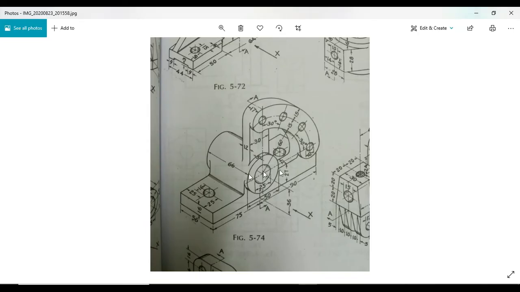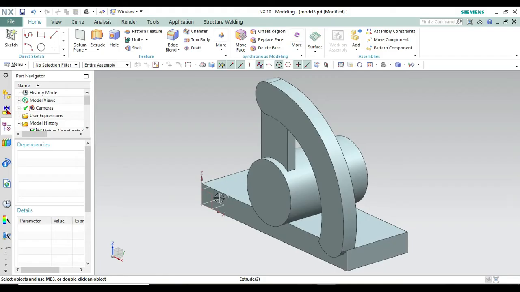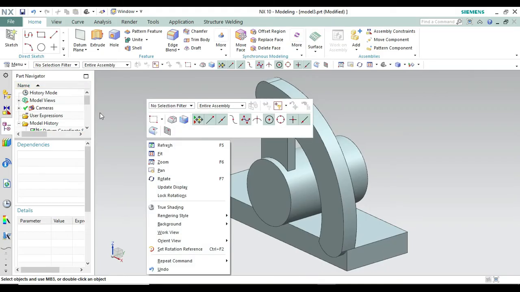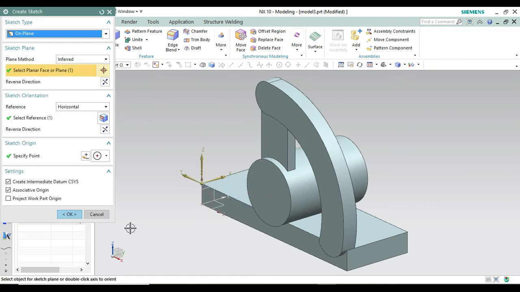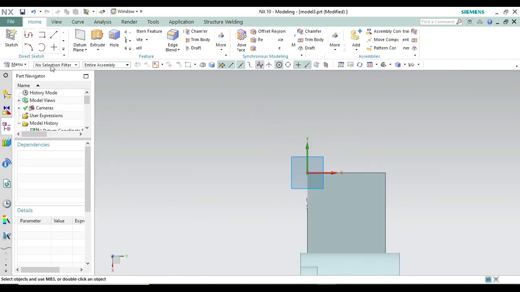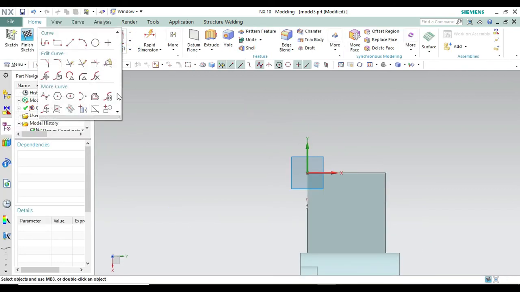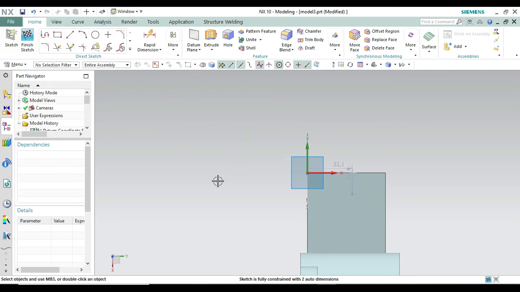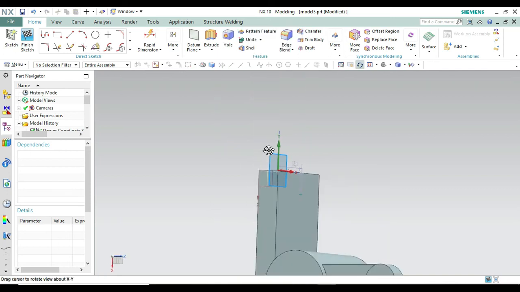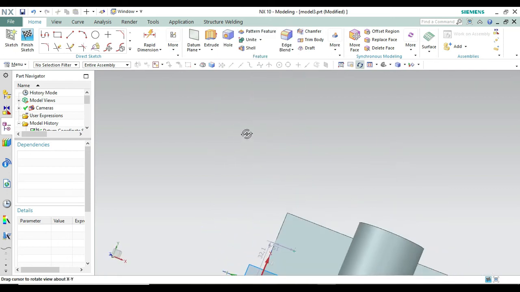Now all has been created, only this circle and this circle have been remaining, and these also. Okay, these 4 circles. So let's create this one. So go to sketch again and take this face as a sketch, the upper one. So take this one and make it like this. Now here you will get a place point, that is a point. So give one point at any space, like this. And let's do the rapid dimensioning of this.